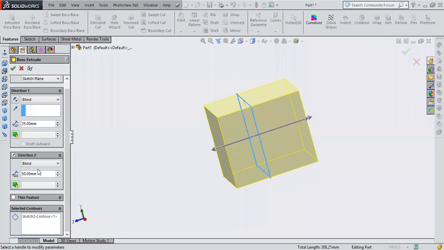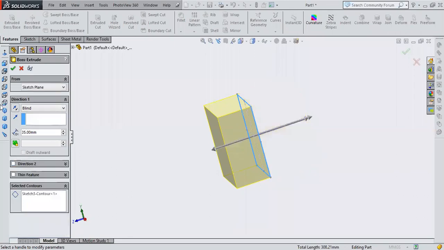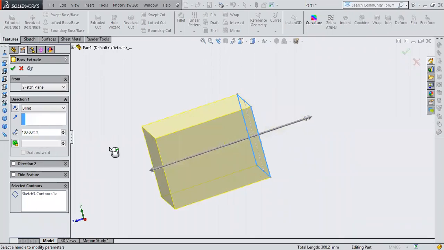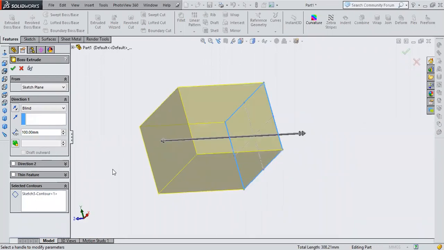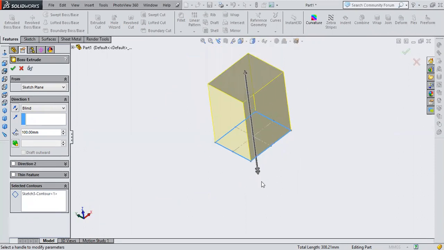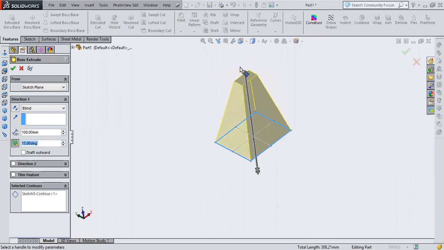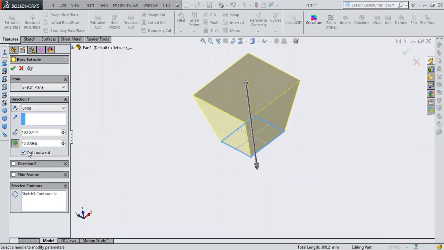No, sir. Okay great, now I'll switch off this direction 1 and make it 100. There is one more thing you can notice, which is called draft. Now it is equal from this point to this point, it doesn't take any deviation. If you switch on this draft, you can notice there may be some angle deviations. Can you notice these angular deviations? Yes, sir. If you say draft outwards, it will be drafted outwards, okay?